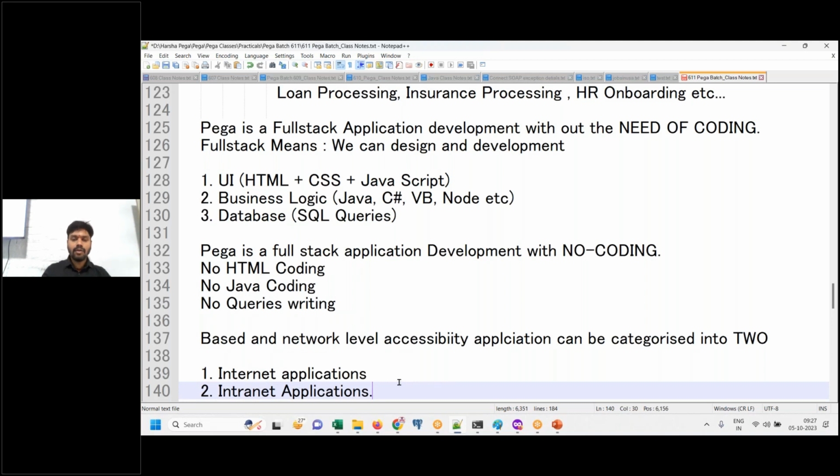Okay, now the question is, what is an internet application, and what is an intranet application? Very simple, listen to me. See, an internet application is a public domain application. What is that? Public domain means